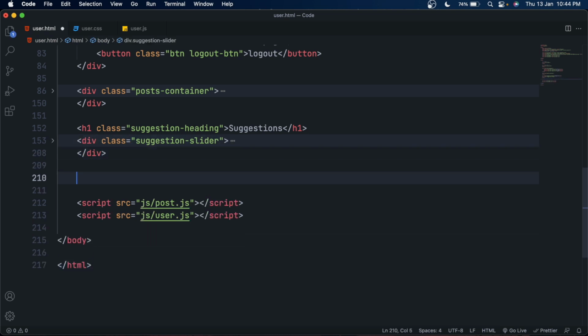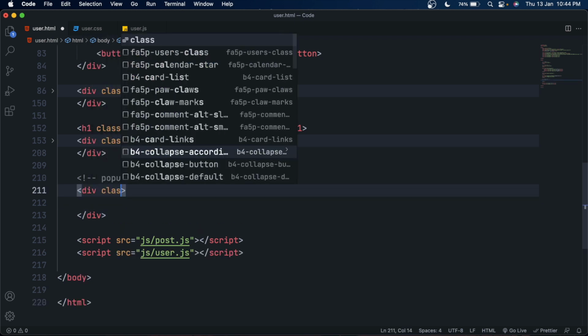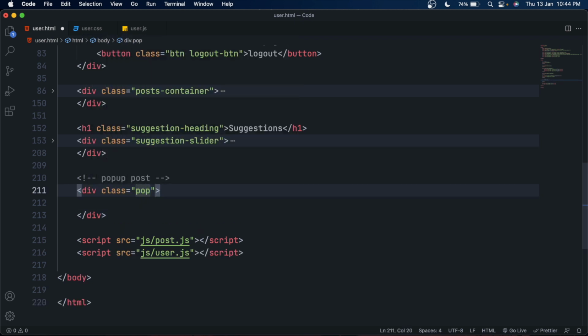and below the suggestion slide, make a div, give it a class post-popup. Inside it, make a div and set its class to close-overlay.